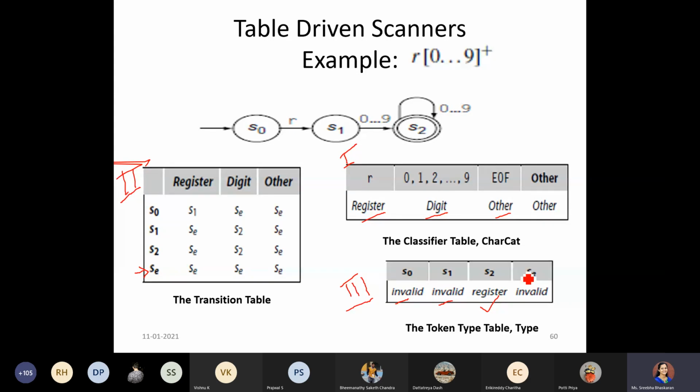Okay. So someone was asking something. Madam? Yes, Dattatreya. Madam, can you explain this second table? The second table is the transition table. Usually when we write the transition table, you have learned to write it with respect to whatever characters come in your DFA, like 0 to 9, meaning 0, 1, 2, 3, and so on. Instead of that, now we have named it. That's it. So the naming ceremony has been done in this classifier table. That is what this classifier table is meant for.